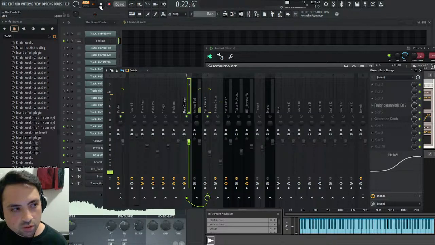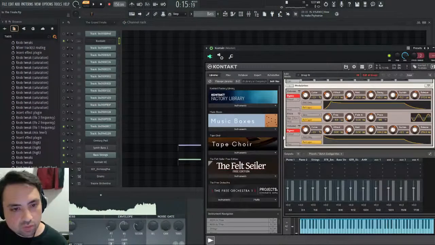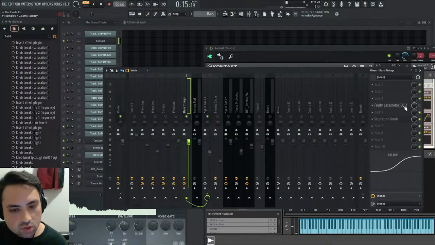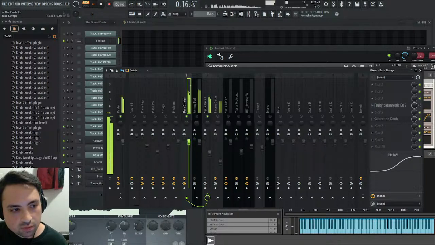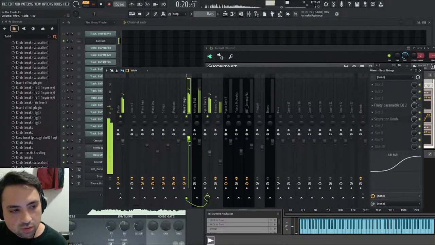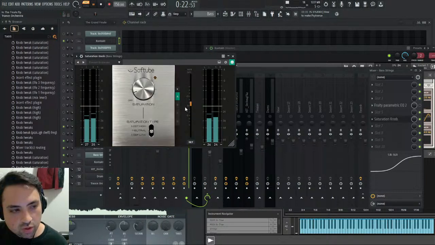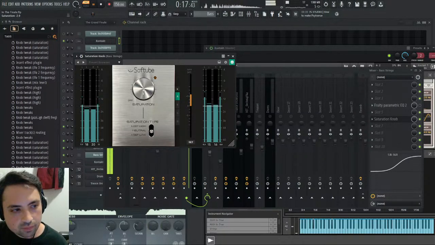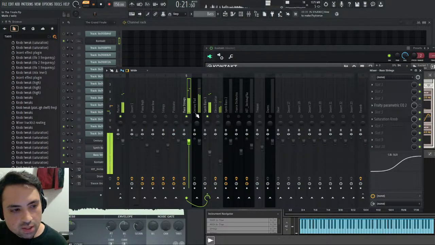And now this is going to go way down. Actually, well, let's just turn it down. I think, oh, wait. This was the whole reason that we had it like that. Yeah, there we go. Actually, the saturator can probably be pushed a little harder now because we lost some volume. Nice. Okay, now the Century pad